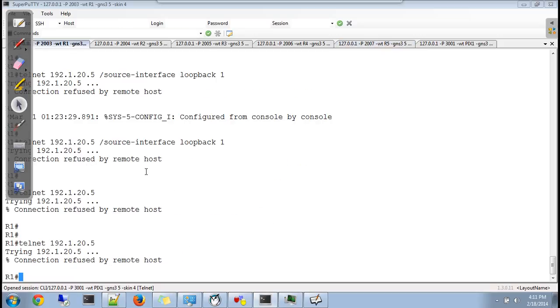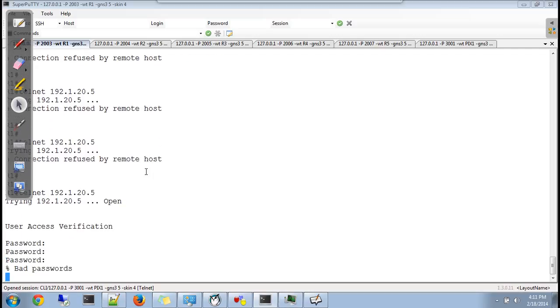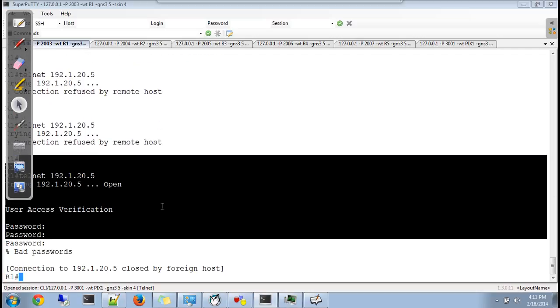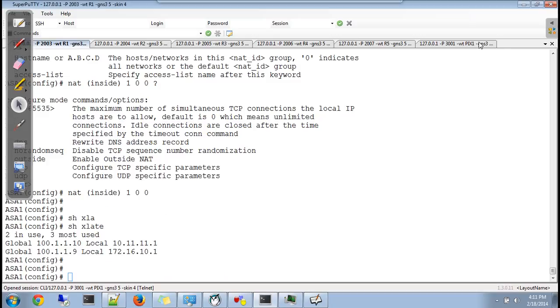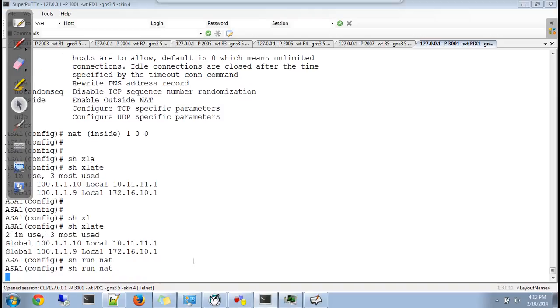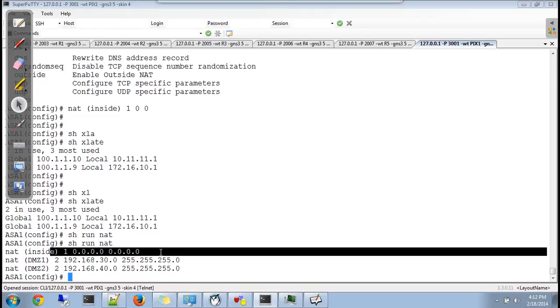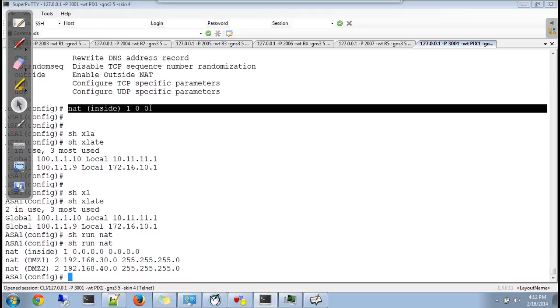Yeah, fine. It still has the same effect. So you can use this command as well. Rather than giving multiple nat statements, nat this, nat that, you can use this single command and this will have the same effect.